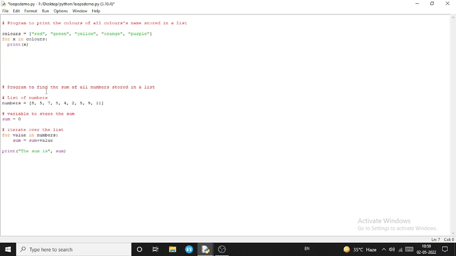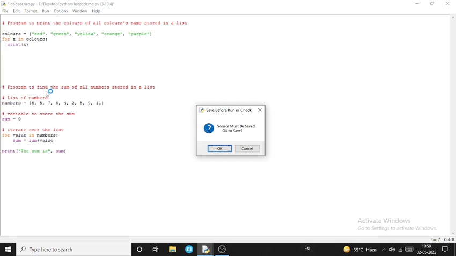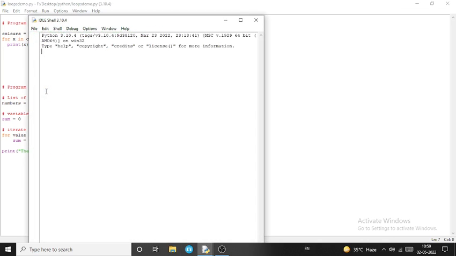And after completing all the repetitions, it shows the result through the print function. Now I am going to press the F5 key, which shows your result. You can see